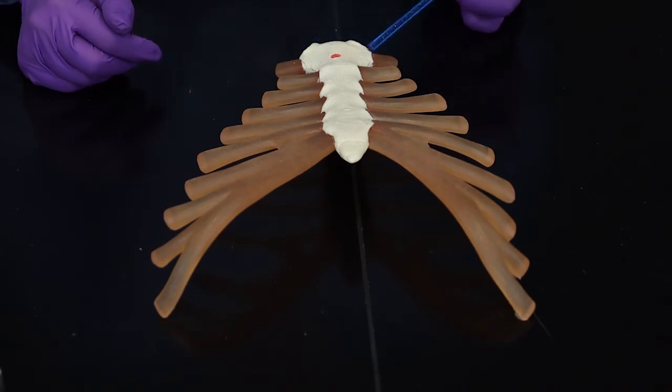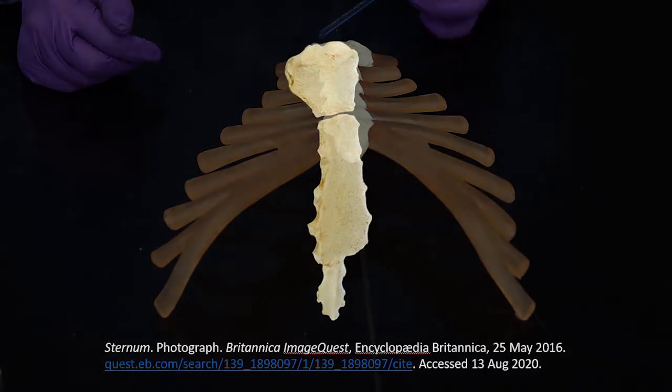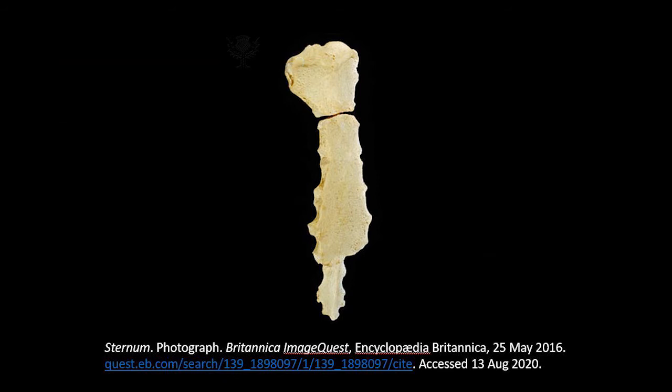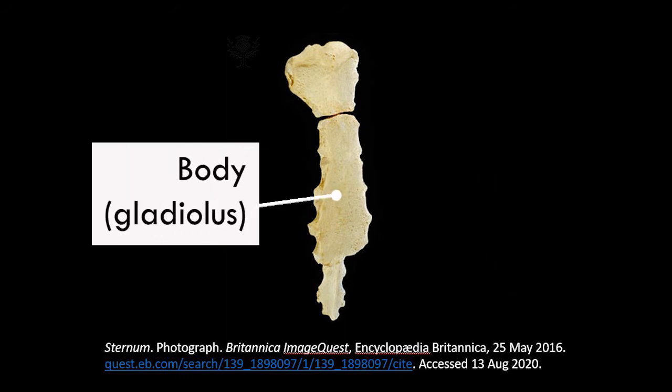This part up here that looks kind of like the knot of a tie. This is the manubrium. Manubrium actually means shield, so many people think it looks like a shield as well. So that's the manubrium. This main part of the sternum right here is called the body of the sternum,